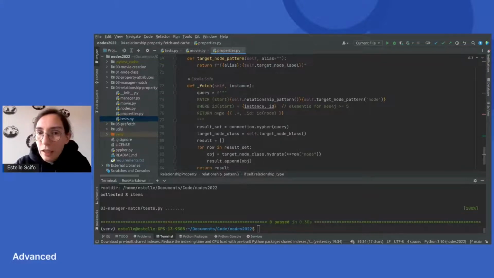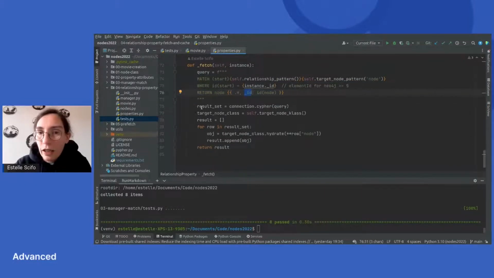And we are returning the target nodes with all their information and their ID. And once we have this, for each result, for each node in the target node class, we are iterating the node.